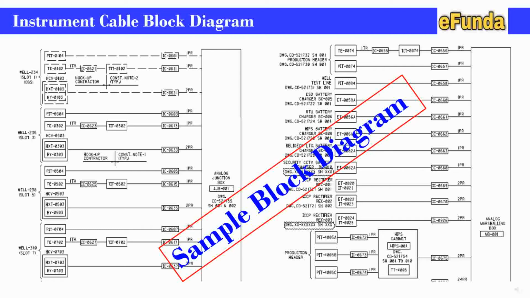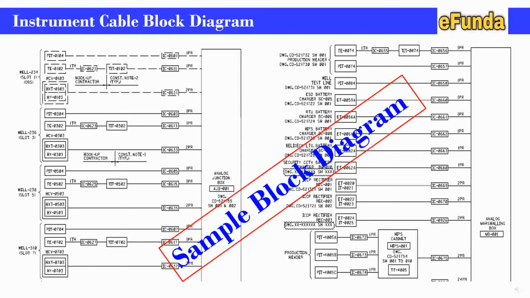Similarly, in the other set, one can see three PITs, that is PIT 4005 A, B, C, individually connected by single pair cables to the HIPS cabinet system, and further this is connected with a two pair cable to the marshalling boxes.